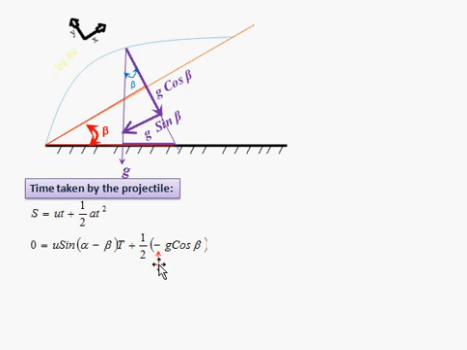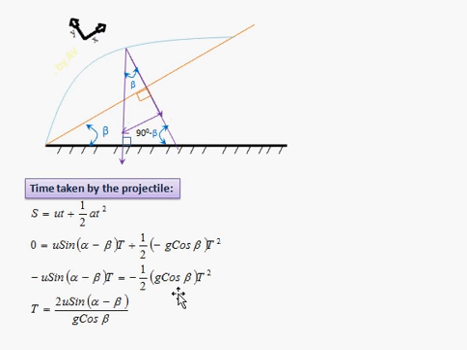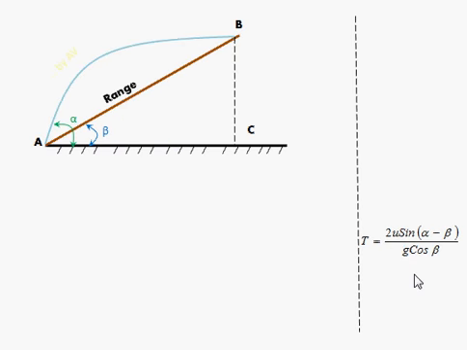And I am introducing the negative sign here because the positive aspect of the vertical coordinate system is towards this side. Anything acting against this side has to be taken with the negative sign, and the g cos beta is towards this side, which is opposite to this direction. Hence I am taking the negative sign here, and next t square. So after simplifying with a few steps, we get the time taken by the projectile. Let's move this formula here so that it can be easily referred to in the future derivation part.